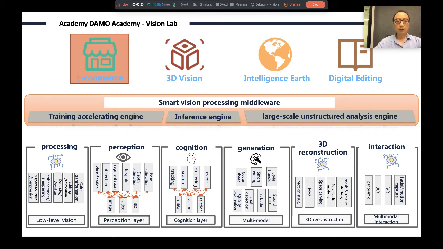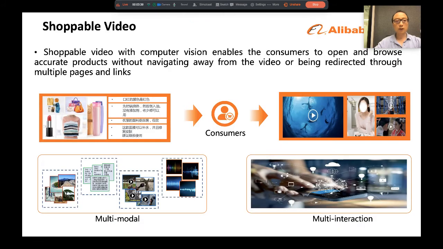Hereafter, considering the theme of the workshop and the time of the report, only 3 representative efforts in the e-commerce area in our lab are briefly introduced here. Hopefully, you will be interested in this work. Nowadays, live stream and short video have become one of the most popular ways for product promotion on e-commerce platforms such as Taobao.